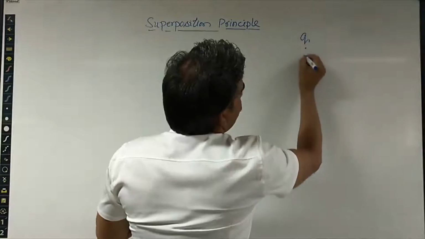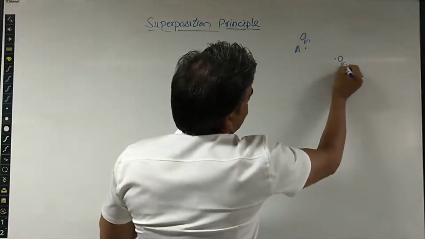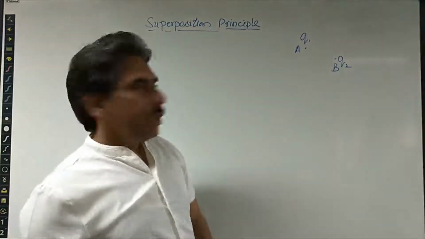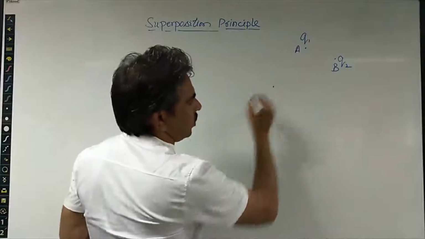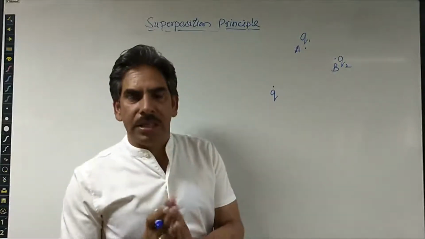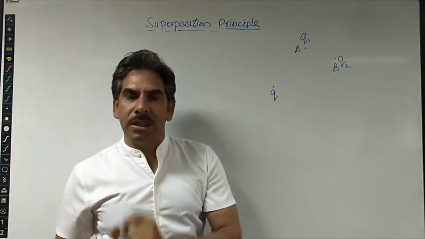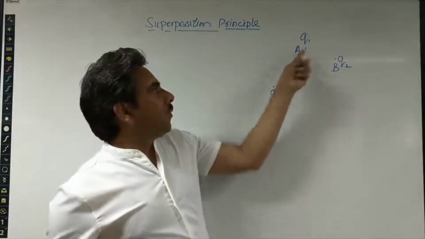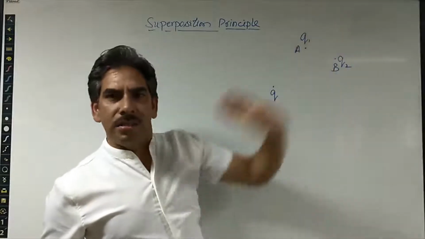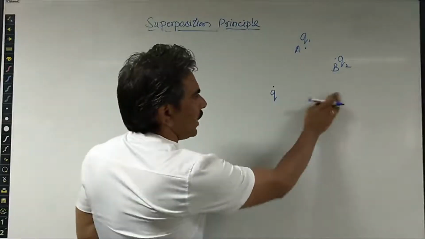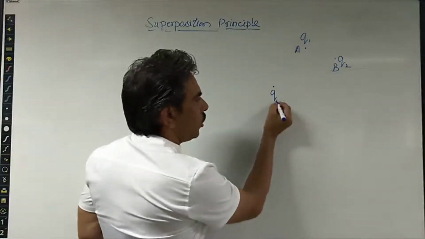Suppose that we have two charges, Q1 which is lying at position A and Q2 which is lying at position B. So we have two charges due to which we are trying to find the force on the given test charge. In order to distinguish the test charge, which is a unit positive charge, used to test the forces exerted by the other charges lying in the vicinity of this given charge, we use the symbol Q naught for the test charge.